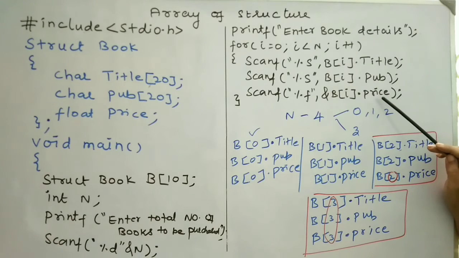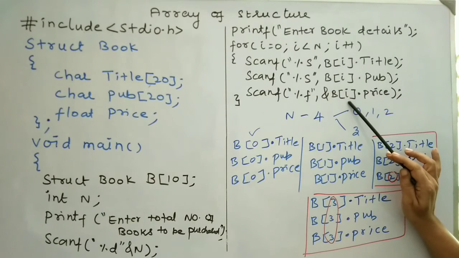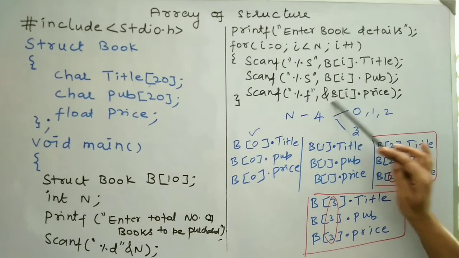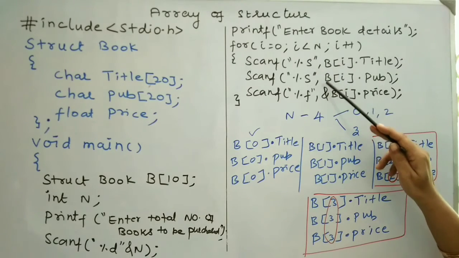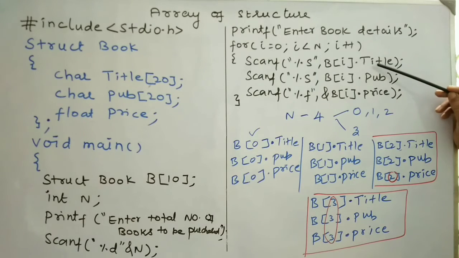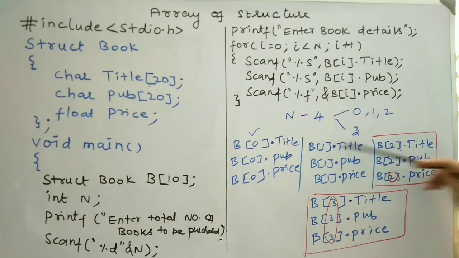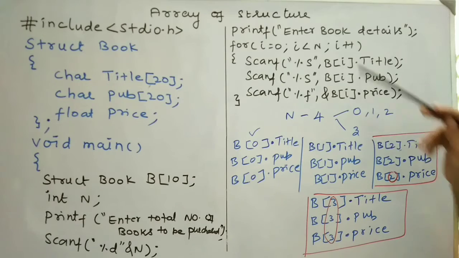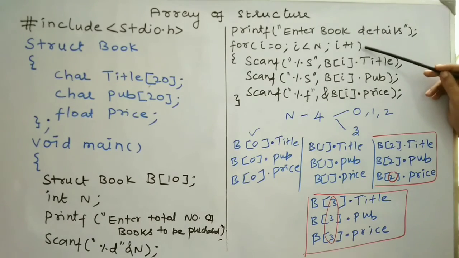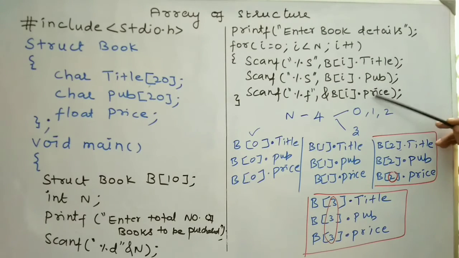After getting the value of the price of the structure variable b of 0, it is assigned in the memory address allocated for this. Here I have not used the address operator, since the name of the array itself specifies the memory address allocated for this array. So next time when I becomes 1, it will get the detail of the second book in index position 1. The next time when I becomes 2, it will get the details of the third book. Finally when I becomes 3, it will get the detail of the fourth book in index position 3.